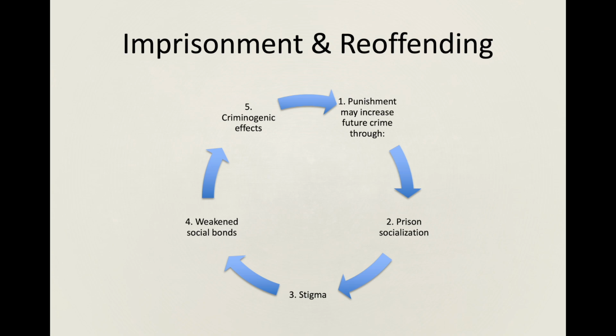Third, imprisonment creates stigma. Formerly incarcerated individuals often face things like employment barriers, housing discrimination, social exclusion, and labeling effects. These factors may increase criminal involvement after release. Fourth, incarceration may strengthen criminal identity. Rather than deterring crime, punishment may reinforce alienation and deviance. Now, this doesn't mean that punishment never deters, but it does mean that punishment can generate competing effects. So punishment might deter some offenders, incapacitate others, and criminogenically influence others.